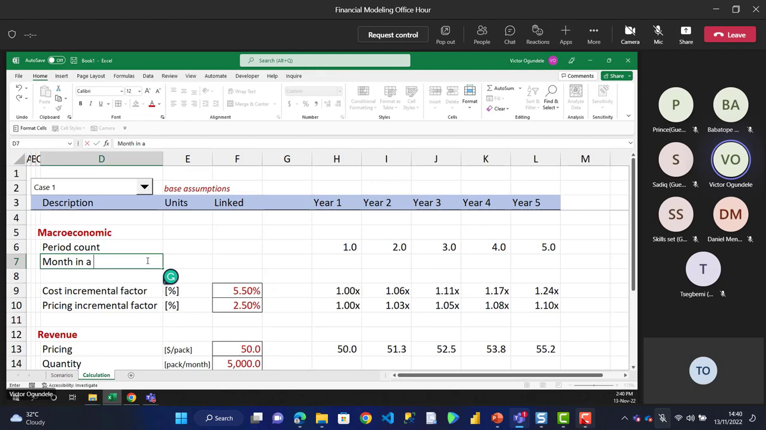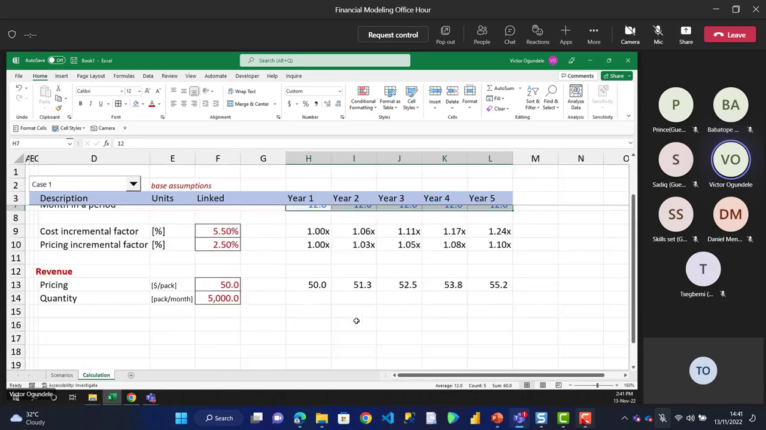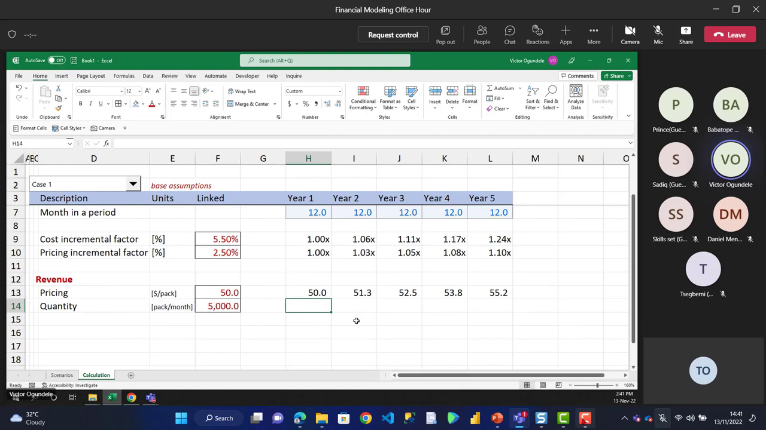So we need a month in a period, which will be 12 months, right? So put it in input. You could also decide to put this in the scenario as well. But I think 12 will always be 12, but don't hard code it. Don't hard code it. So here, you're saying on average, okay, so that means we need